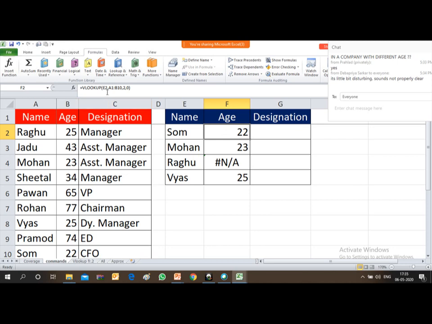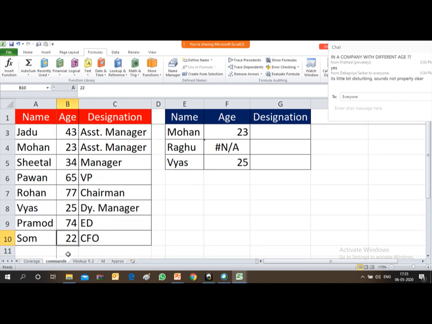In the formula bar, the range over here is A1 to B10. Means A1 is the first cell, and B10 is the last cell. So the entire area which I have selected earlier is the same, right?